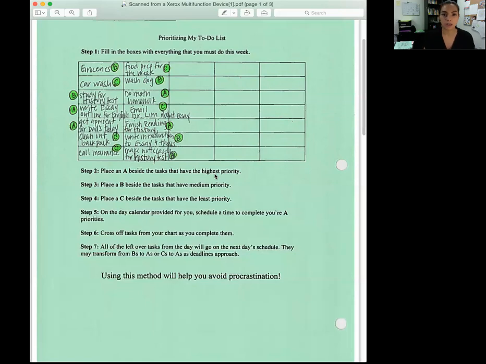So we can chunk things, we can break up large projects or activities into smaller pieces and prioritize those smaller pieces so that when that 7 days is up, I actually have all of my essay done, or at least most of it, so that I can revise it before I hand it in. Okay? And then,